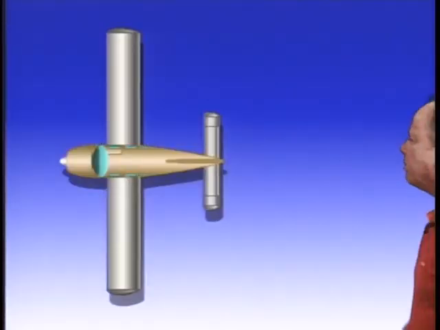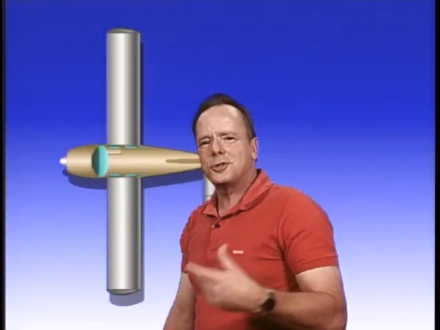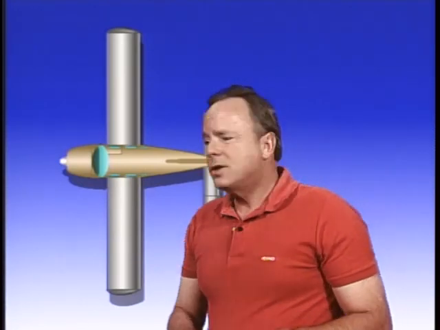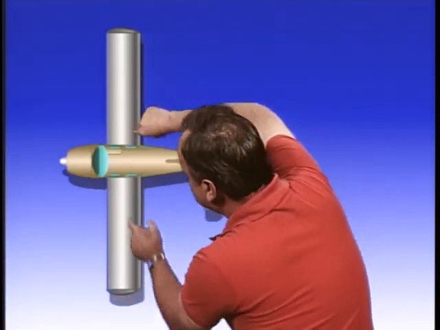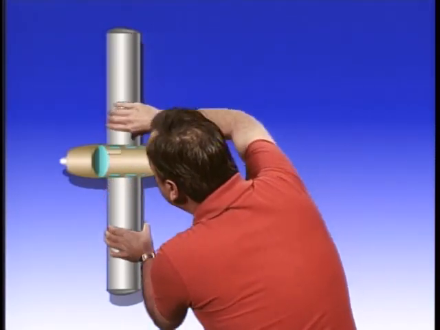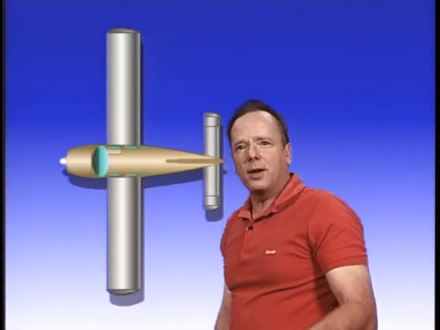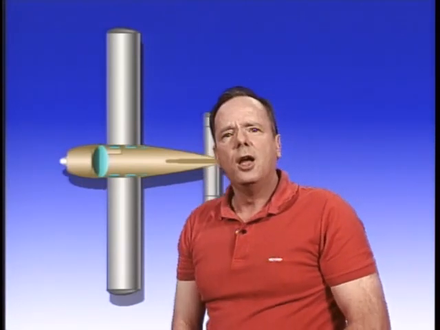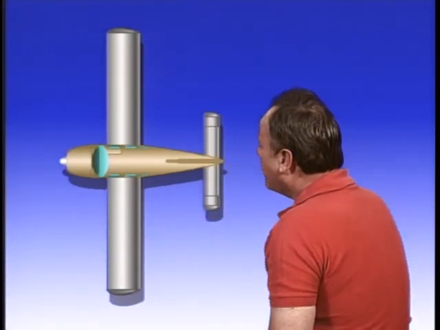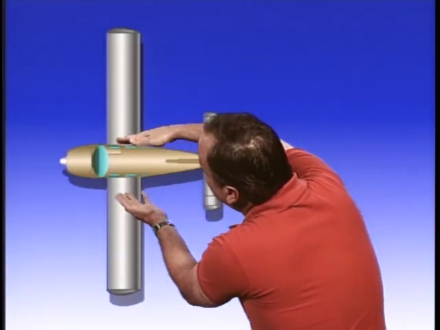Now let's take a look at the plan form of a wing, and let's take a look at a question they're going to ask you about that. And by the way, the plan form of a wing is the view of the wing when seen from above. It gives you the general shape of the wing. And this is a rectangular wing plan form right here. And the question they're going to ask you about that is, what are the advantages of a rectangular wing plan form? Well, first of all, a rectangular wing has a tendency to stall at the wing root first,